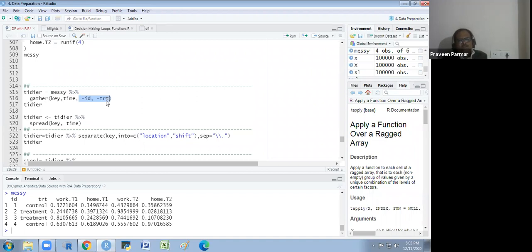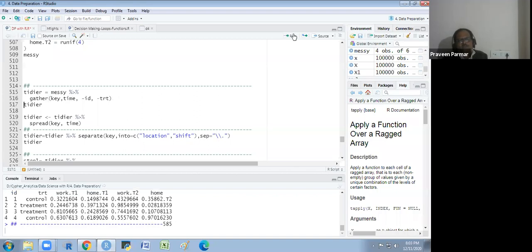We are gathering only these columns. What column you want to gather, you write that column. The key column we are taking automatically because we have dropped the columns which we don't want to gather. They will remain in the data frame and will not be included in the gathering. Time is what? These values are the time.